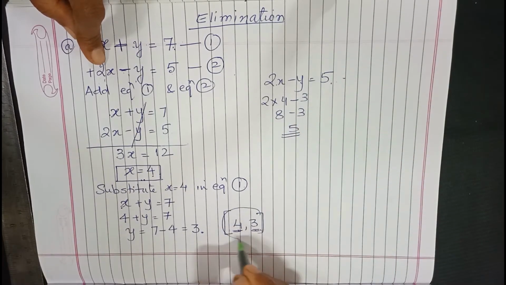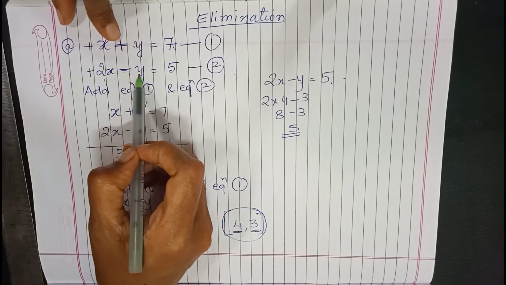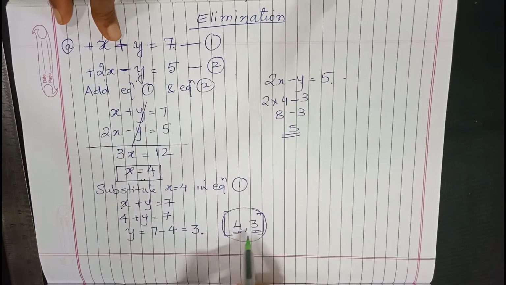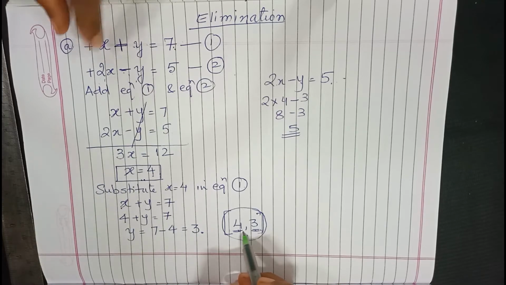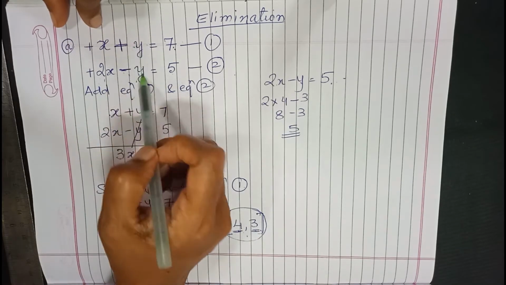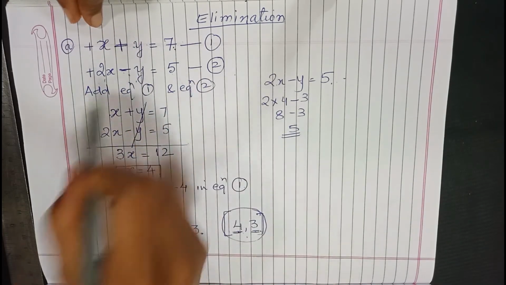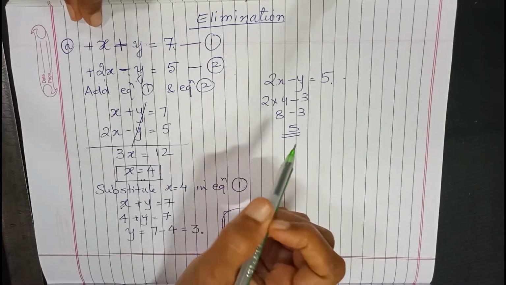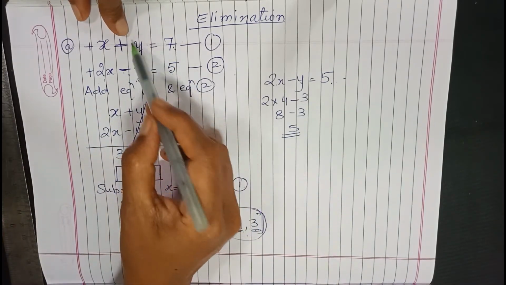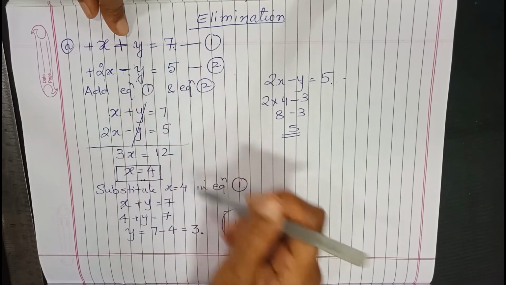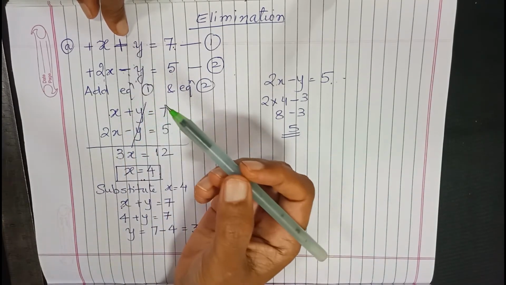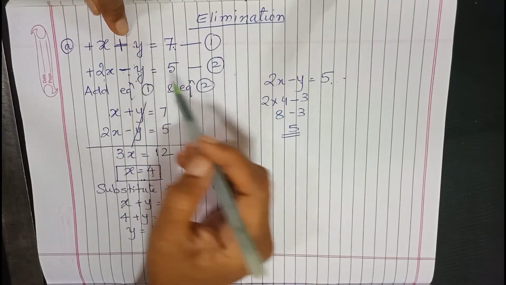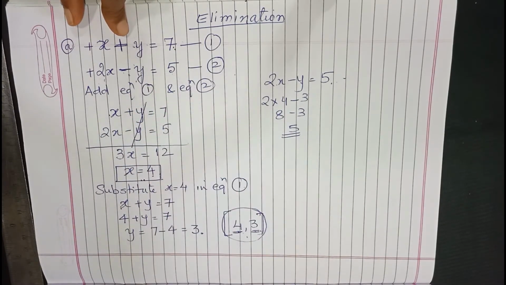So you can see this one single solution is satisfying both the equations. And hence this is called the solution for this simultaneous solving of two equations. Two equations in two variables, right? So this was one method. Now this was a very easy sum which I had taken where the coefficients were the same, so directly we could add. It's not always the case that the coefficients will be the same. Many a times you will have to multiply the equations and make the coefficients the same. So let's see one example of this.